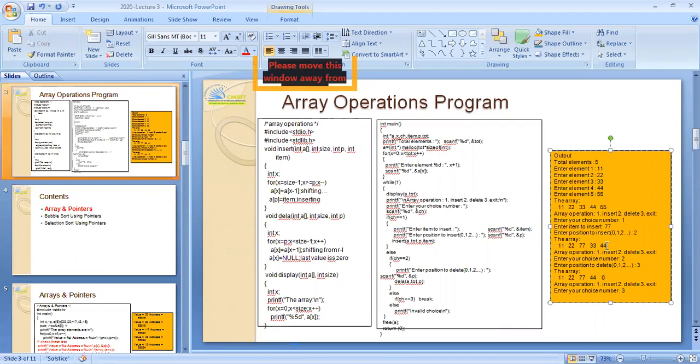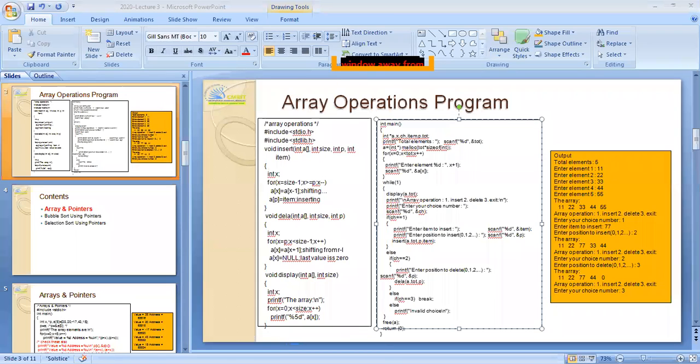As I already told, in deletion, if a middle element is deleted, the elements on the right will come towards the left. So now you see 33 is at position 2. This one will be deleted. At that time 44 will come and sit in place of 33 and the last element is made 0. Understood? After that, now enter choice 3. What is choice 3? Choice 3 is nothing but exit. Exit is nothing but coming out of the loop and returning 0. Okay, so this is your program.